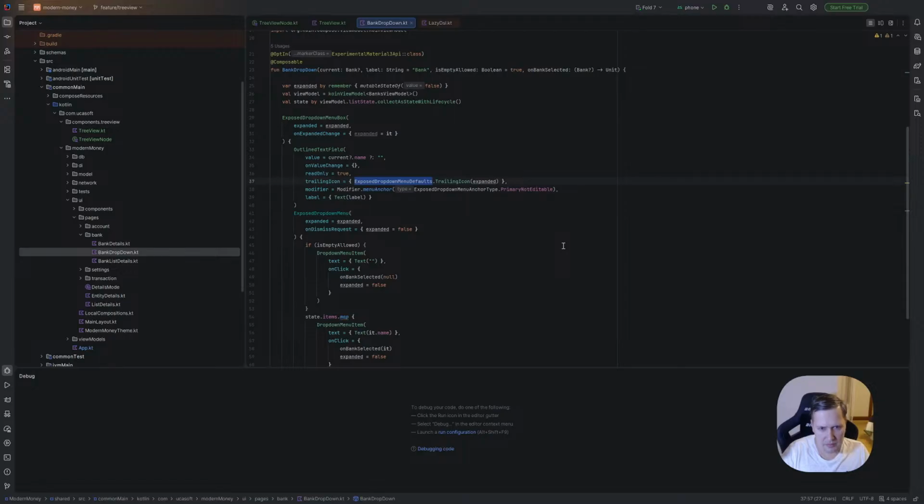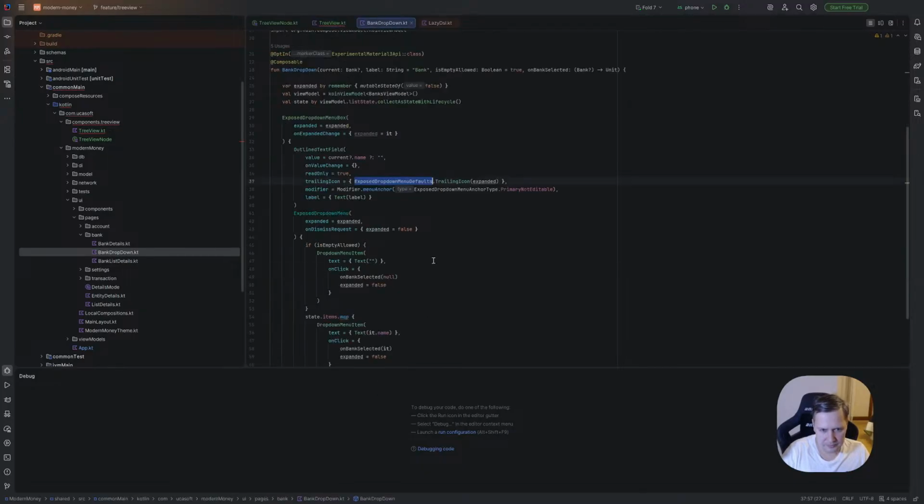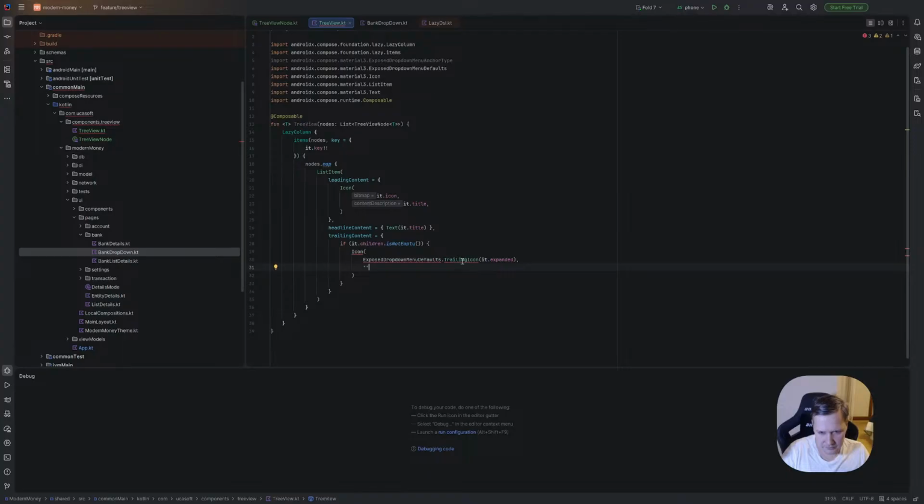Yes, we need this menu defaults, trailer icon, and we need expand or not. It dot expanded, and nothing for description. No, it's already icon, so I don't even need this.